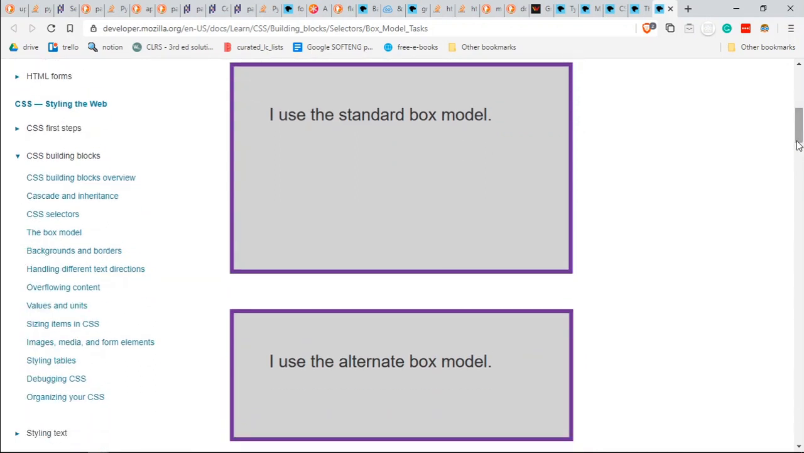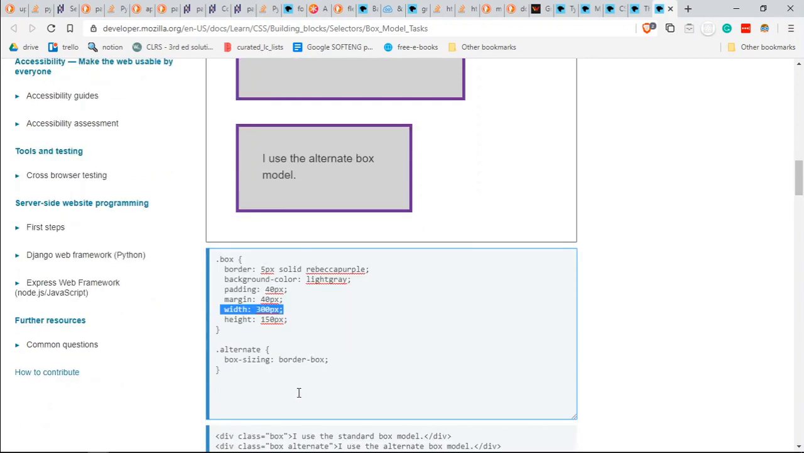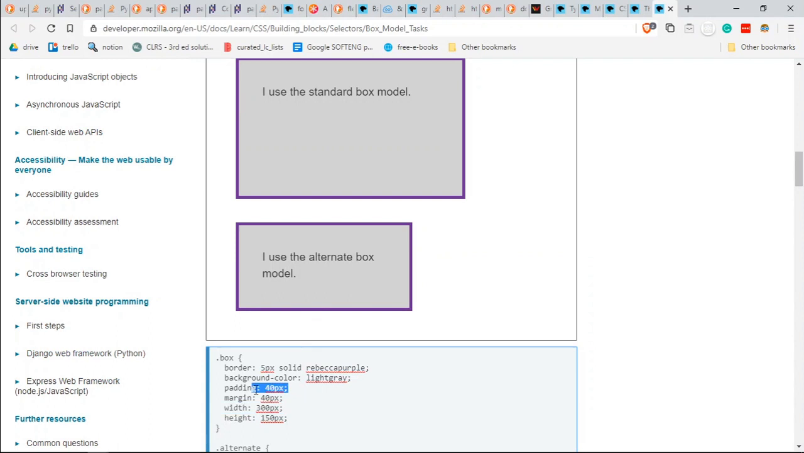Well, in order to do that, we have to understand how the standard box model and the border box model work. Let's first calculate the width of the standard box. The content itself has a width of 300 pixels. The padding has been applied to it, so this element has a padding of 40 pixels on all four of its sides. Margin here we don't really care about